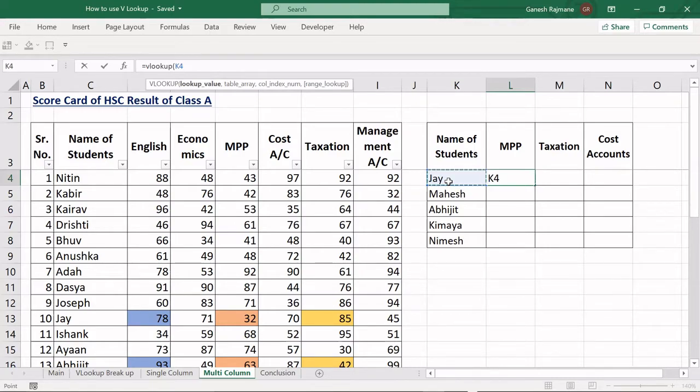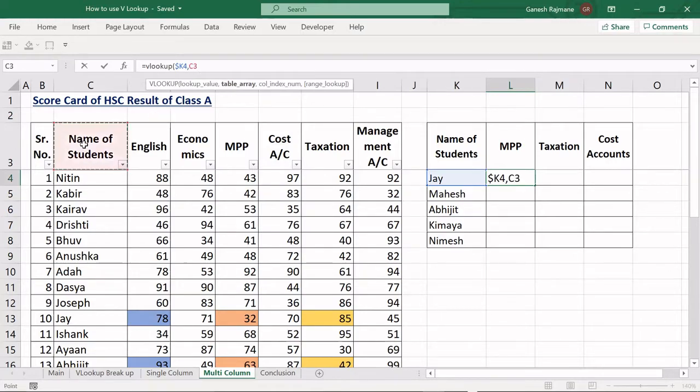Okay, and here, as I want to copy the formula to the right side further, I will give a reference to the column by inserting a dollar sign prior to K. Okay, now I will insert comma. Our first argument is completed now. The second argument will be the table array.